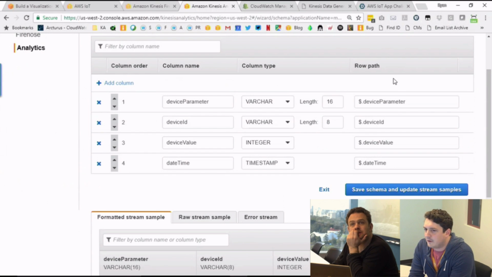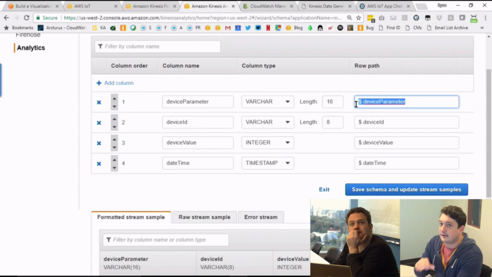The row path here is basically just pointing to specific elements. What we're doing is flattening hierarchical documents, so flattening a JSON document. It uses something called JSON path, which allows you to index into a JSON document, and then you specify the SQL column types.